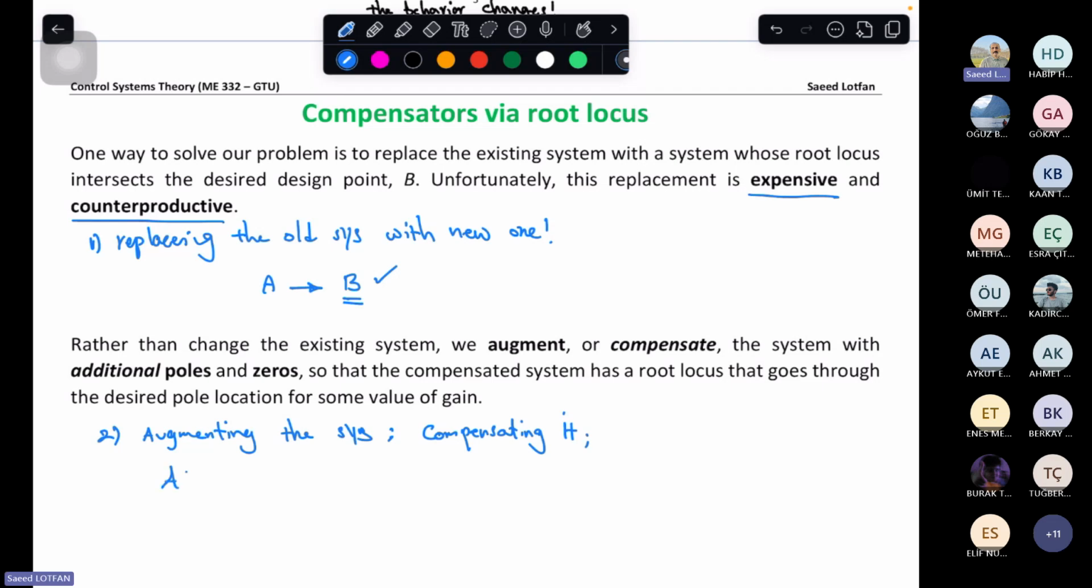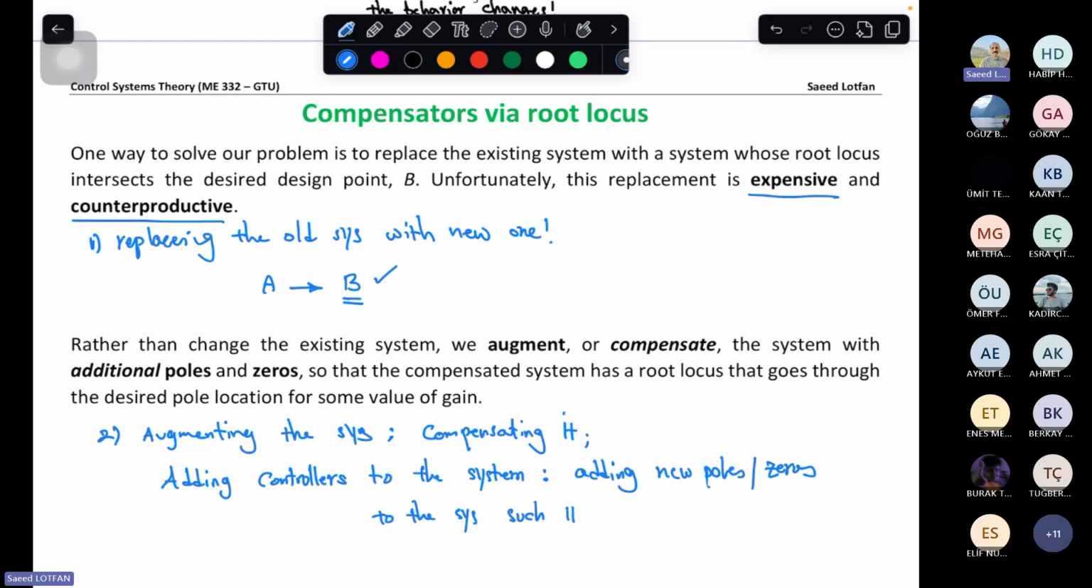That is adding controllers to the system. Adding controllers to the system means adding new poles or zeros to the system such that the root locus passes through point B. Okay, so adding extra zeros or poles to the system such that the root locus changes, and it is changing